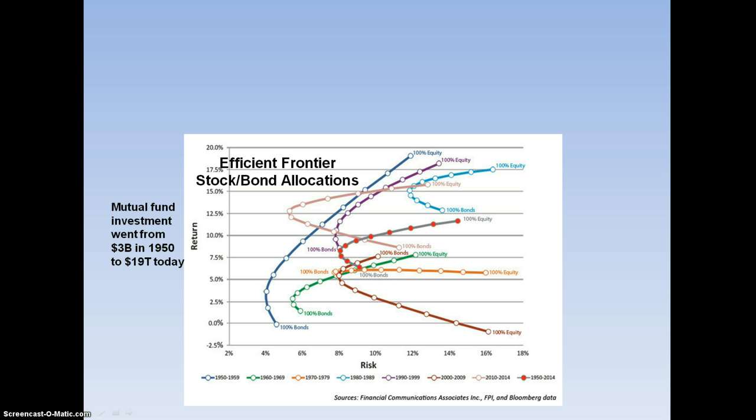Now, I'm sorry to start off with such a geeky looking chart, but this chart shows curves known as the efficient frontier, which are meant to capture the average returns and risk, as measured with volatility, both upside and downside, for different allocations to stocks and bonds. The gray and orange curve here in the middle is the average over 65 years through 2014. As you can see, by looking at all the other curves for different decades, the risk and return profile of stock bond allocations changes dramatically over time.